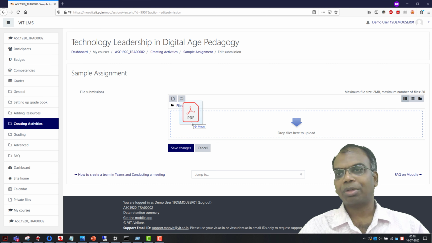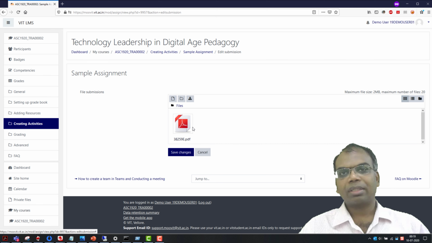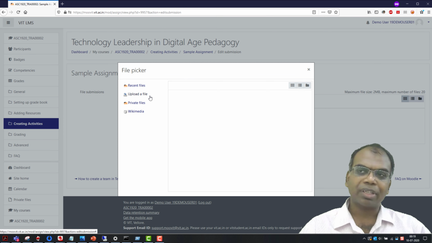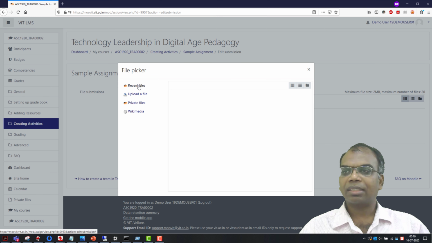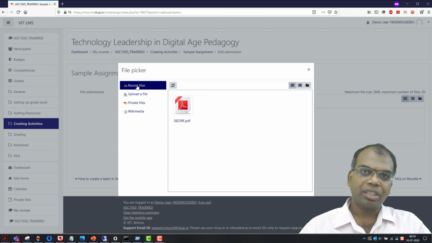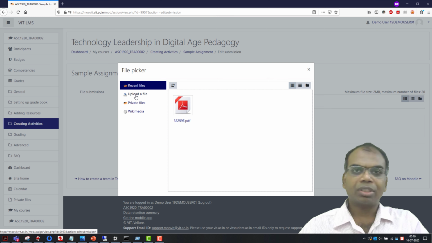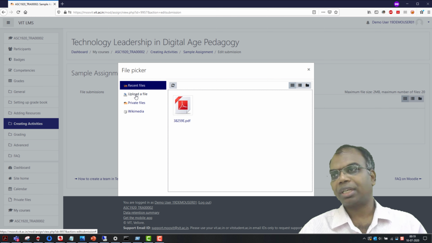You can just drag and drop, or you can take files from the files which you have recently uploaded to Moodle, and so on and so forth. But as of now, just make it a point to drag and drop, which is probably the best way to do it. You can upload the files, but please remember to use the upload a file option. The recent files and other options are those which you might have recently uploaded onto Moodle. Now if you remember, we have just now uploaded a file, so this becomes a recent file which has been uploaded in your account. So please do not send it to the private files or the other options.